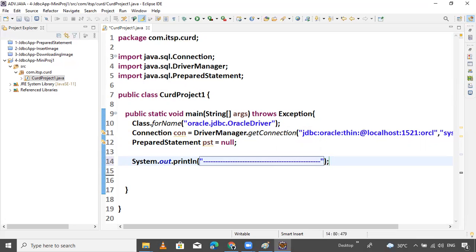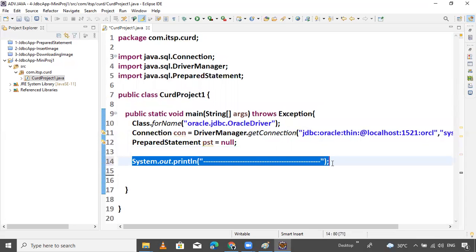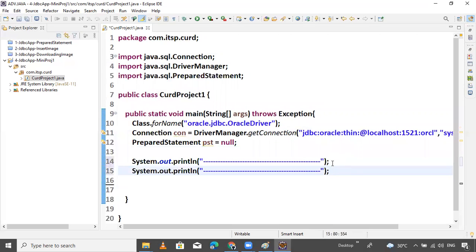Select this, copy, Control V. Now again Control V. Here you can write: Welcome to iTrick Study Path, that means ITSP Technologies.